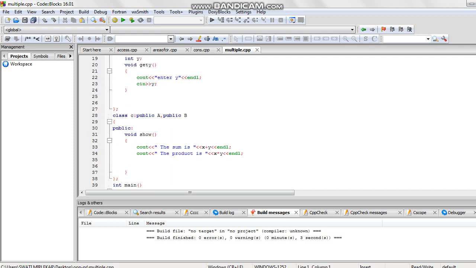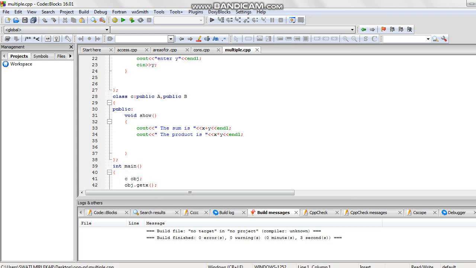Now it is time to write the final derived class called class C. So class C is my derived class. For class C, I will be writing public A comma public B because C has been derived from A and B. So how to write the final derived class? Class is a keyword. So class, the derived class name, that is C, colon, to get the access from the classes and access specifier of the base classes. Here public A comma public B.